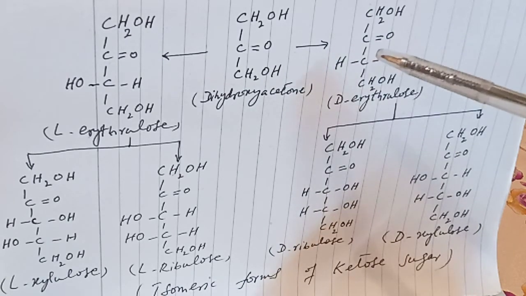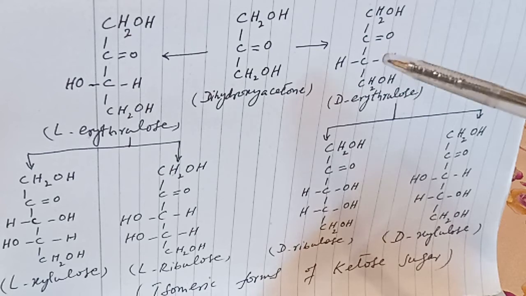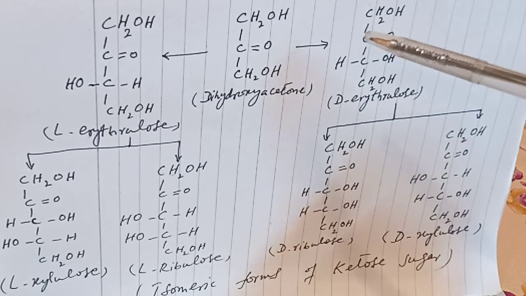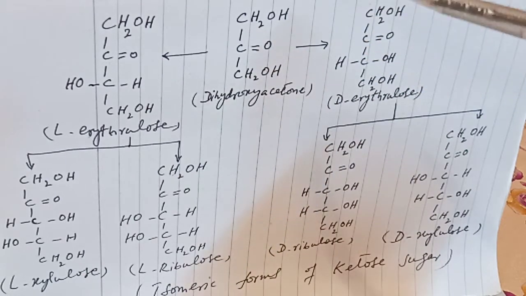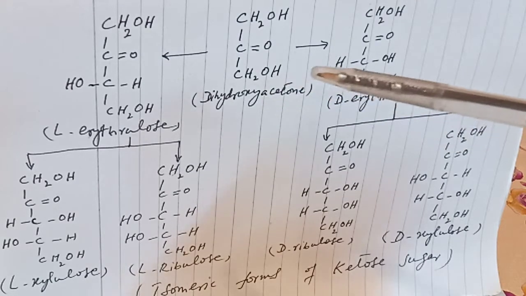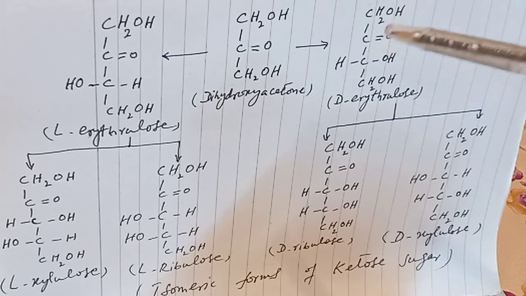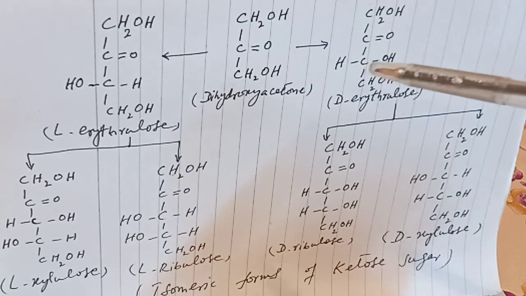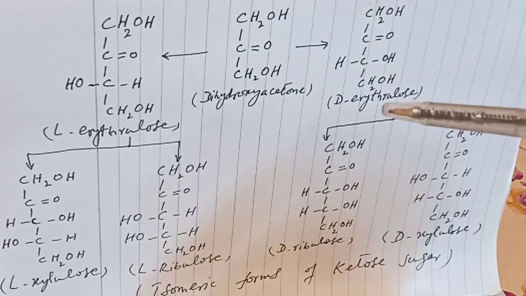This is the ascending form of the 4 carbon atom containing sugar, D-erythrulose, because in ascending type of sugar, 1 carbon atom is also increased at this position, the 3rd position. So this is when dihydroxyacetone increases by 1 carbon atom in ascending form. Therefore, this is the 4 carbon atom sugar in which the OH group on the 3rd carbon atom is attached on the right side, which is called D-erythrulose.